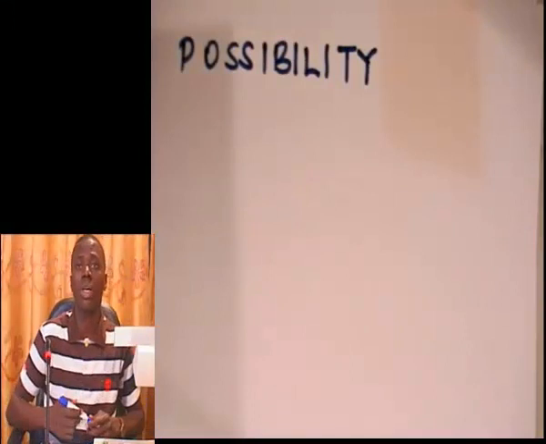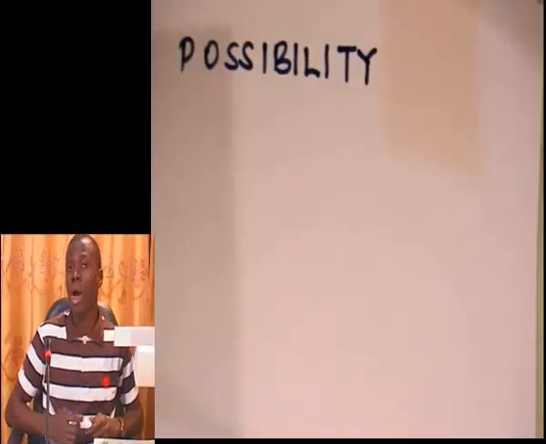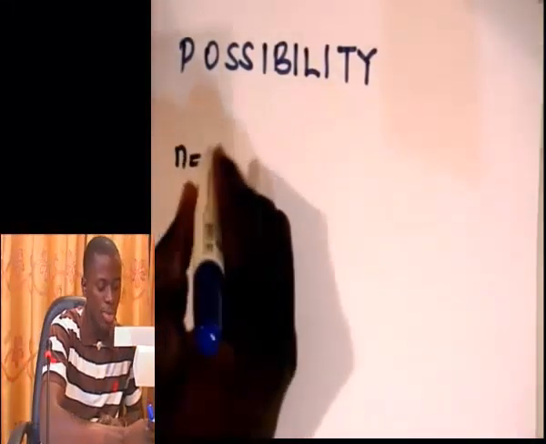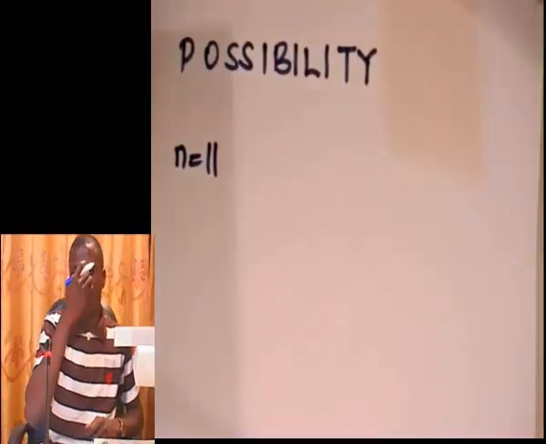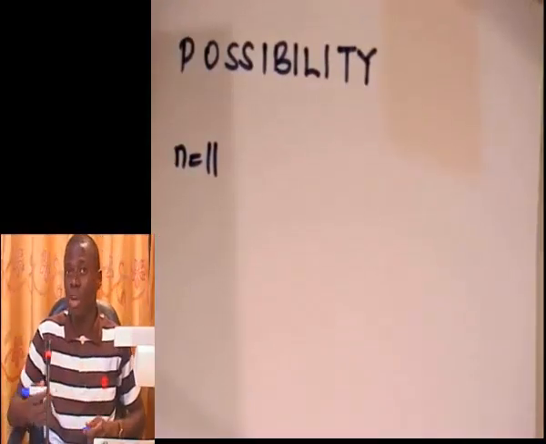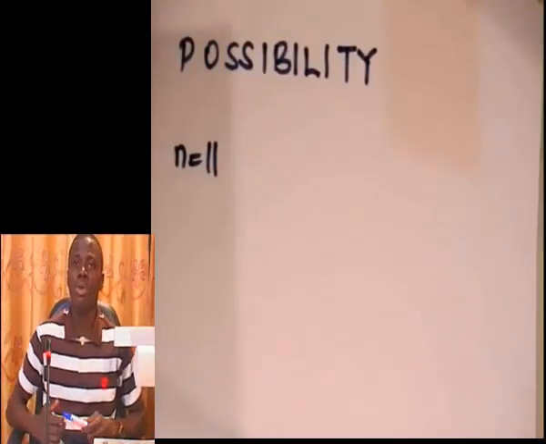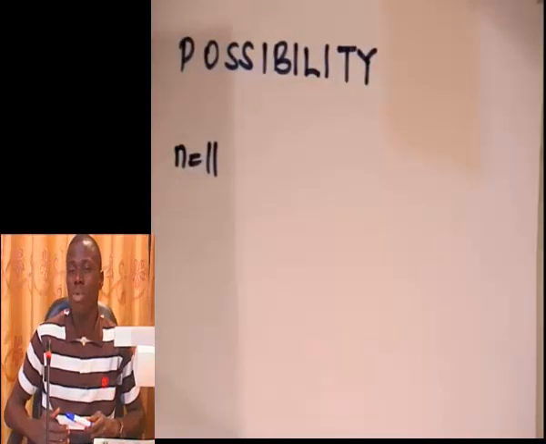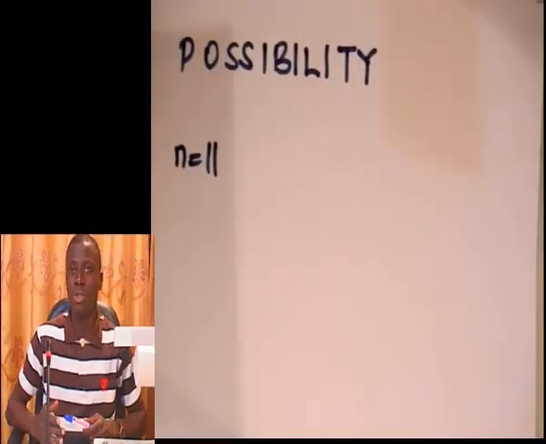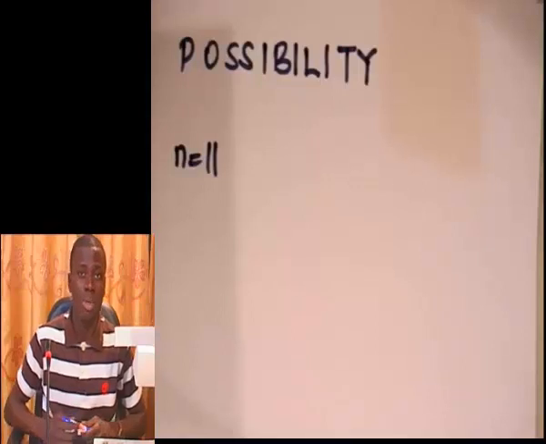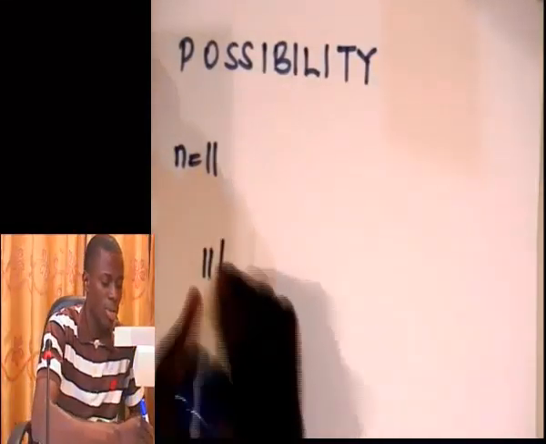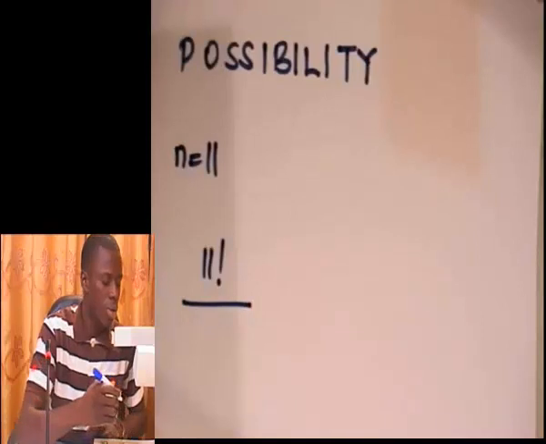Now the number of permutations of the letters of the word possibility. Permutation has to do with what? Arrangement. So we have n, the number of letters, which is 11. That's supposed to be 11 factorial arrangements. But because we have some letters repeating, we have to account for the repetitions. So the total number of arrangements we can have for the letters of the word possibility is 11 factorial all over